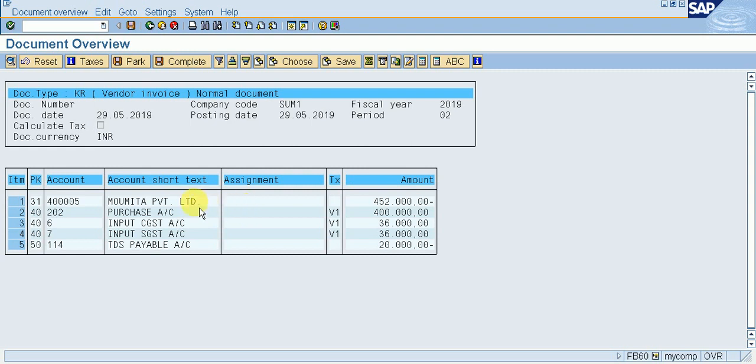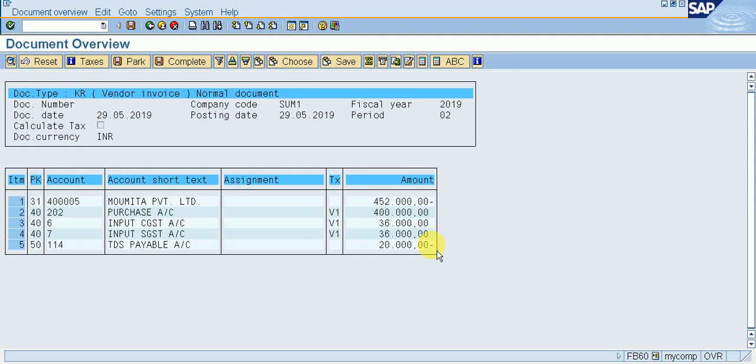Debit to my vendor Momita Private Limited, 4,52,000. Credit TDS payable account 20,000. Means purchase account debit, input CGST account debit, input SGST account debit, to Momita private account, my vendor account, and to TDS payable account is 20,000.